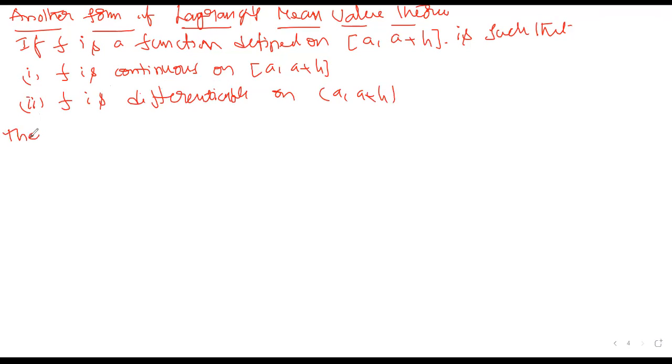Then according to the Lagrange's mean value theorem, there exists a point c belongs to open interval a comma a plus h, such that